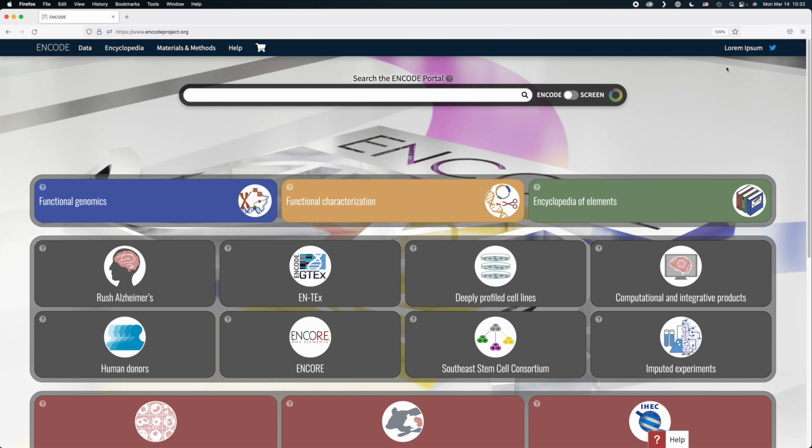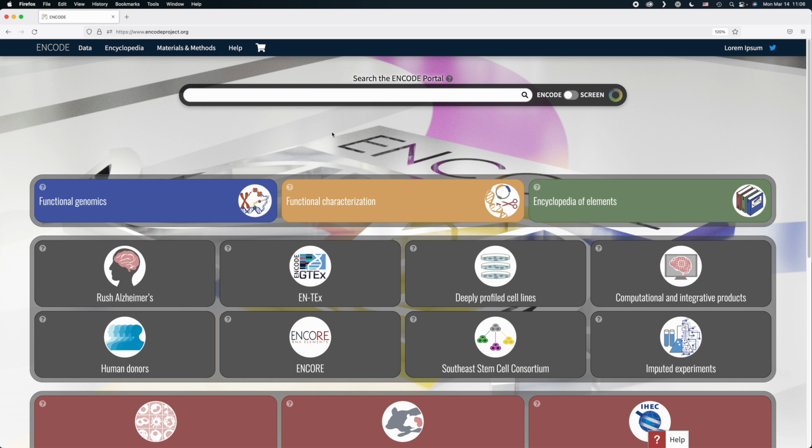Once you have logged in for the first time, you automatically get one cart. The cart menu shows the name of your current cart, and this first cart gets the name default cart. As you'll see later in this tutorial, you can have multiple carts, each with any name you like.